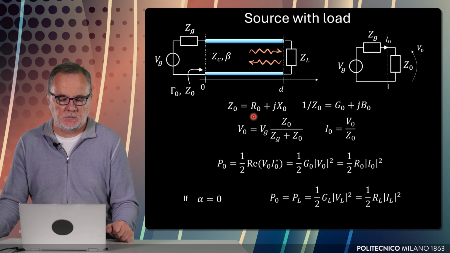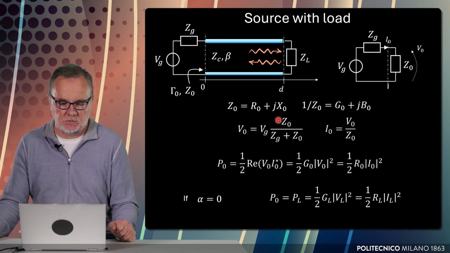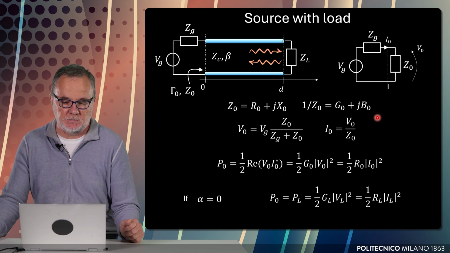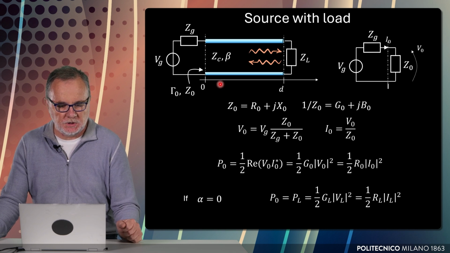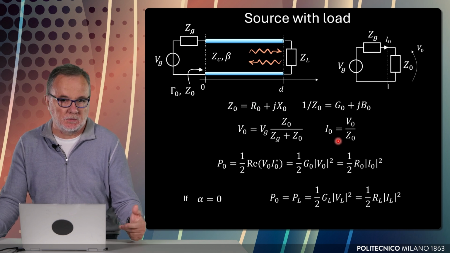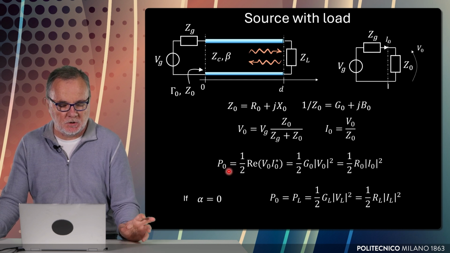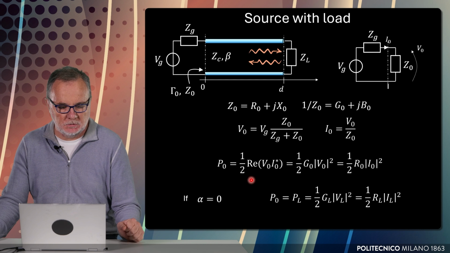We can write Z0 as a sum of the real part plus j imaginary part, or its inverse as the sum of the real part plus an imaginary part. We call the two G0 and B0. So that, as you see, the voltage that drops on this load Z0 is the open circuit voltage multiplied times Z0 and divided by the sum of these two impedances. The current instead on Z0 is simply V0 divided by Z0,